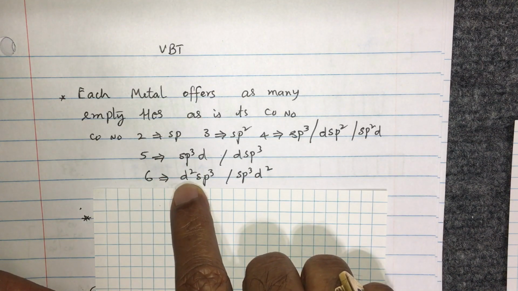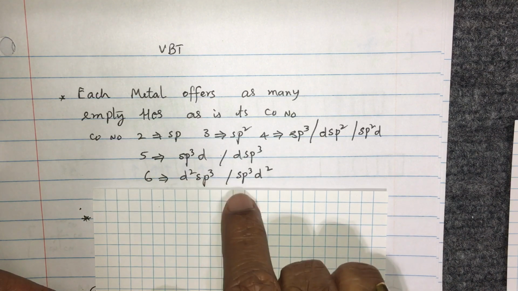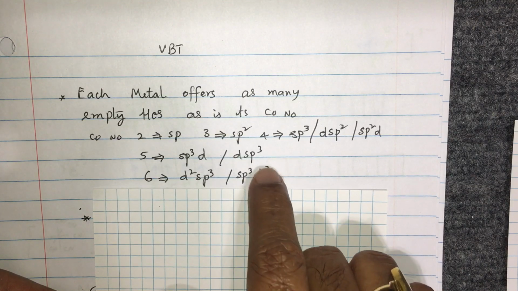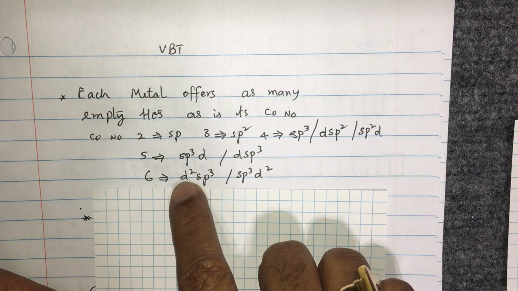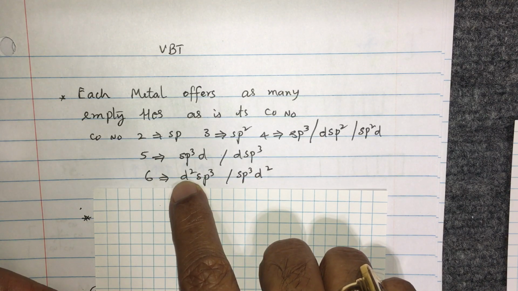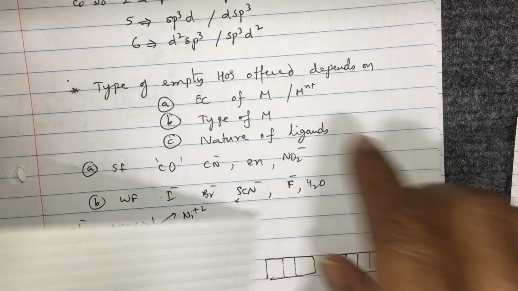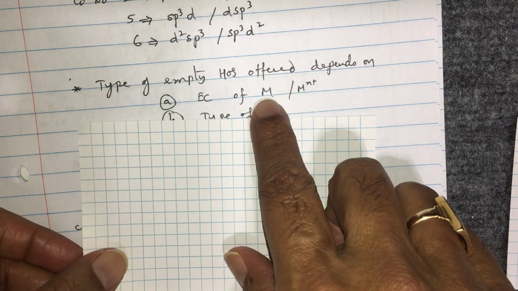d2sp3 means if 3d orbitals are there, it will be 4s 4p. And sp3d2 means 4s 4p 4d. It means all the orbitals will have the same principal quantum number. Here the d will have n minus 1 principal quantum number, s and p will have n. Now let us see. The type of empty hybrid orbitals offered depends on the electronic configuration of the metal or metal